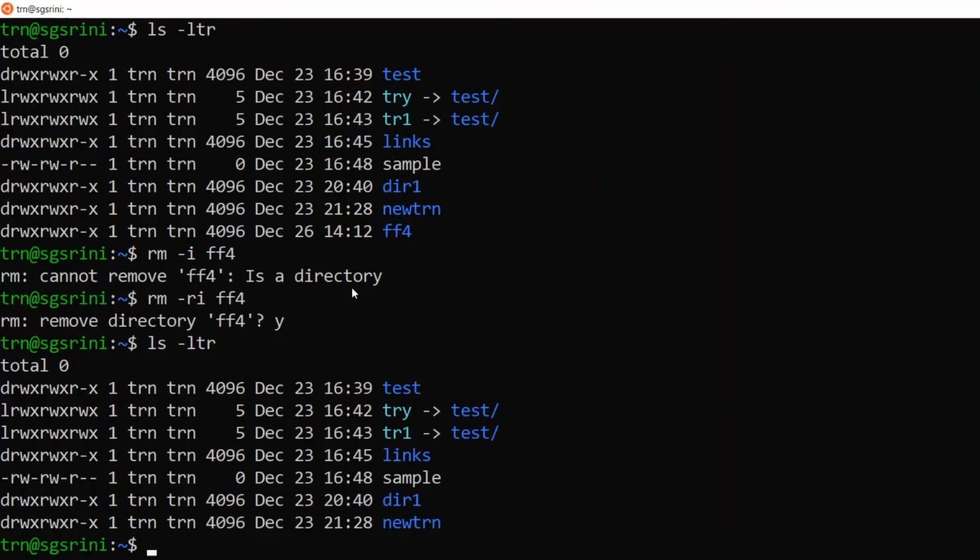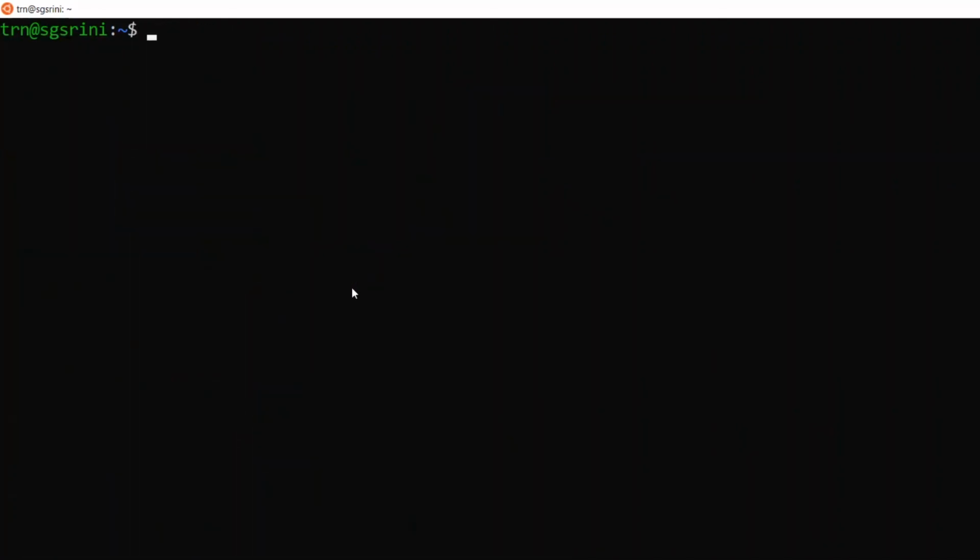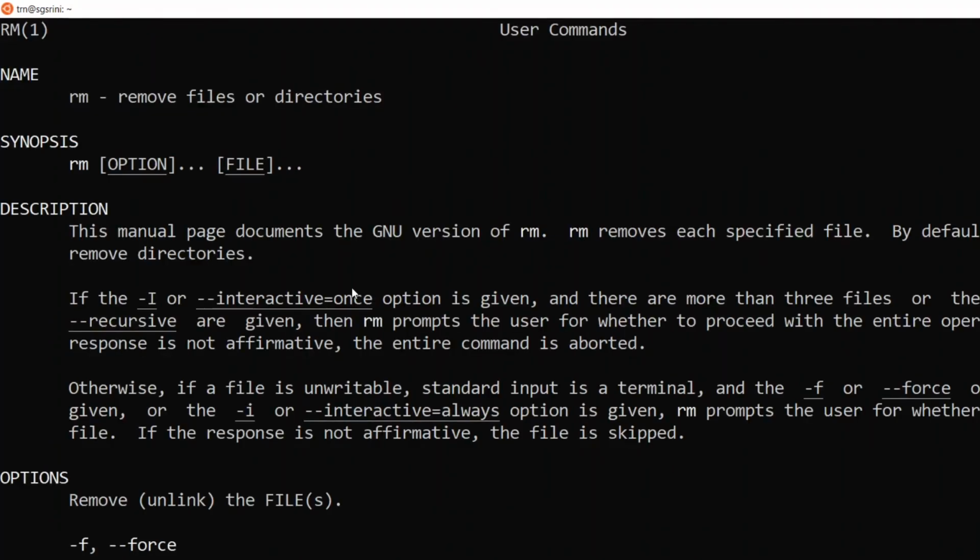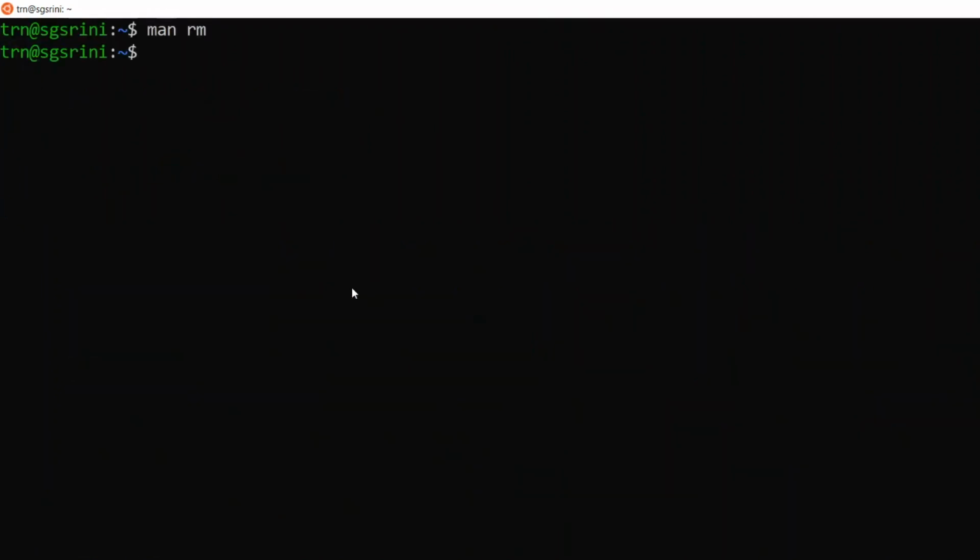So friends, there is always a man command which gives you help on a particular command. These are the basic options which I have shown to help in getting an understanding. But we always have the man command which gives help for a particular command. For example, man rm: when you give man, the command name, and press enter, it displays all the options which are there for the remove command. So this is the best learning option, to see all the options and practice.